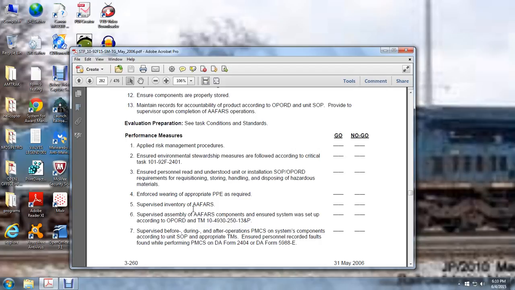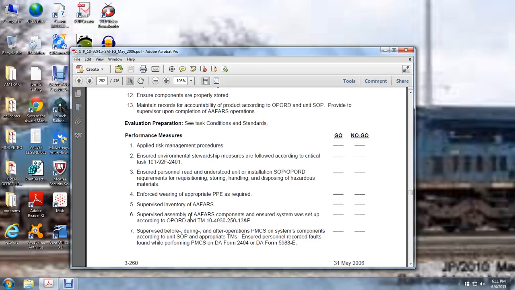Supervise the inventory of the Advanced Aviation Forward Area Refueling System. Supervise the assembly of the system components. Ensure that it is set up according to operation orders and TM 10-4930-250-25 and P. Supervise before, during, and after operations the performance of maintenance check services on the system components according to standing authorization